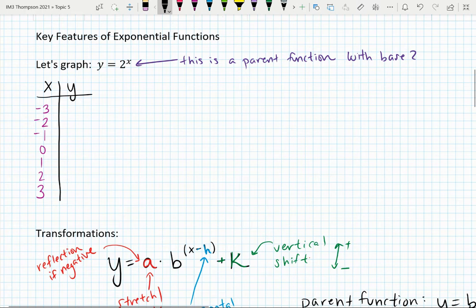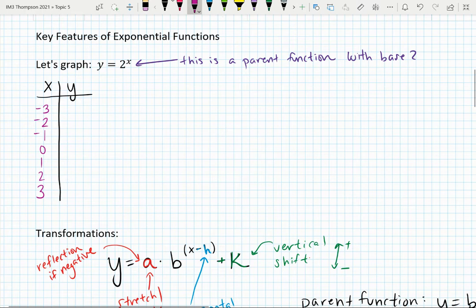I'm going to choose to not use a calculator here. If you want to practice using a calculator to get this really dialed in, that's totally fine. I'm going to plug these in by hand. So I have y equals 2 to the x, and my first x value that I want to plug in